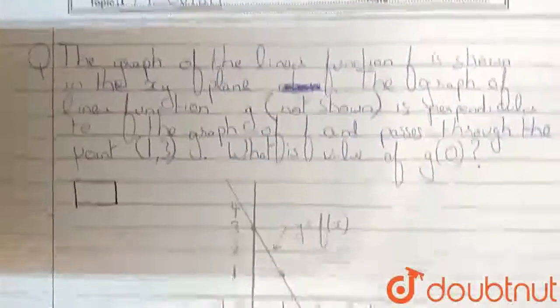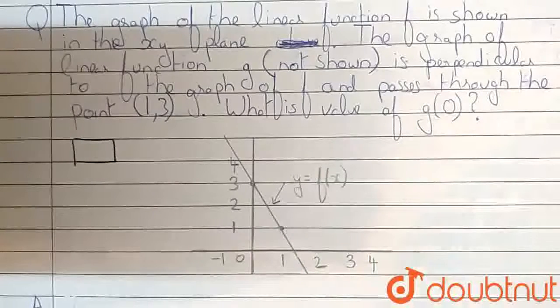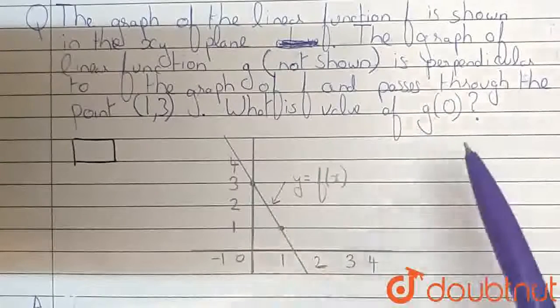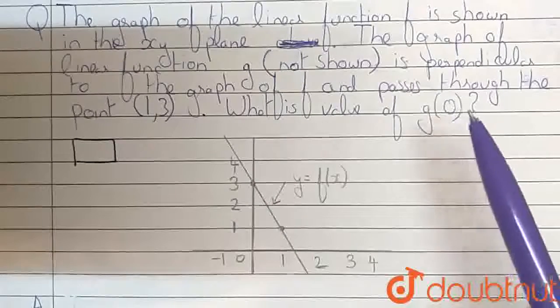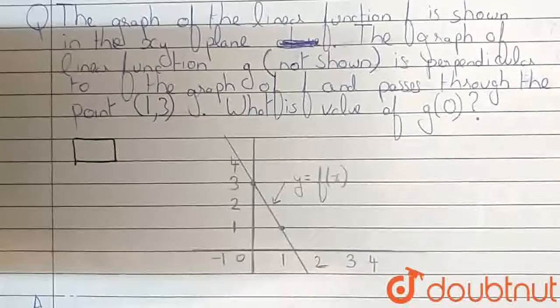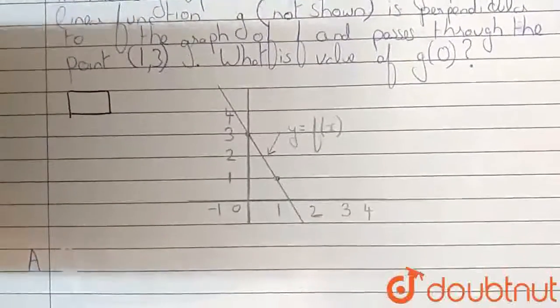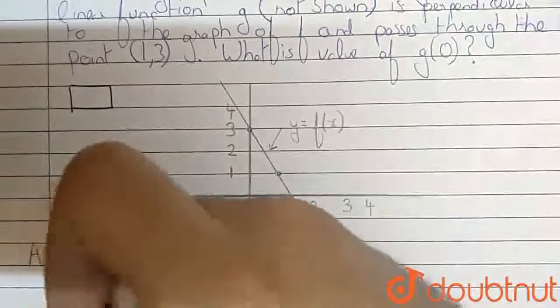So this is the xy plane. Here we can see that f(x) is shown, but g(x) is not shown. So before we can find g(0), we need to find g(x), or the linear function g. The information that we're given about g is that it is perpendicular to the linear function f(x). Hence, an important property to remember is